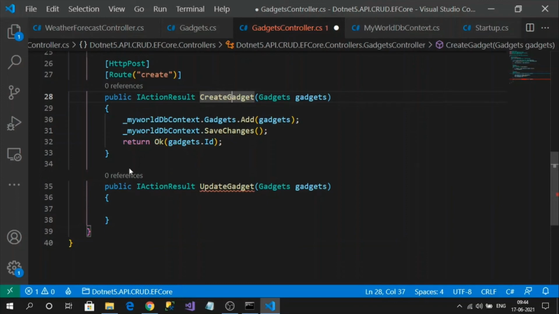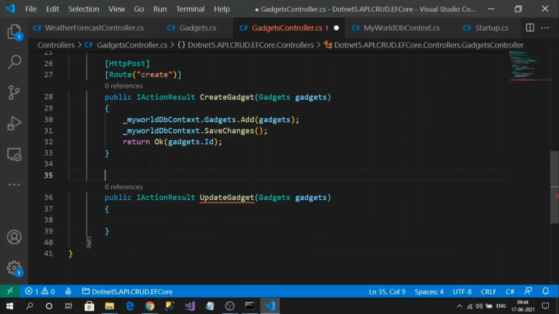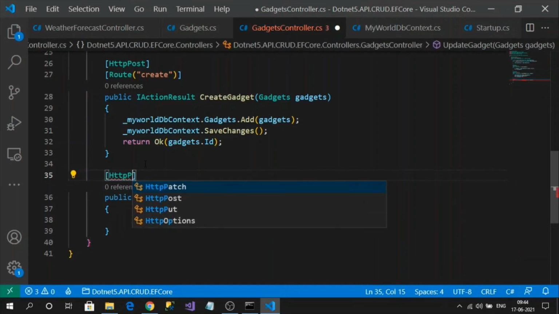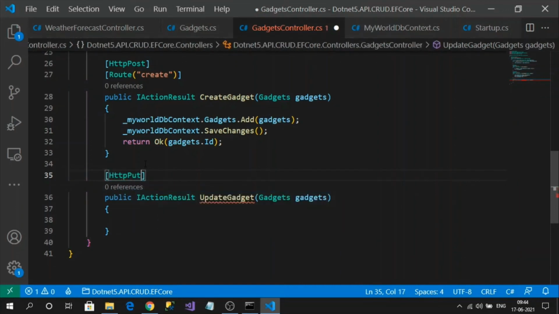And for an update, the most ideal HTTP protocol type is HttpPut. It is the most recommended protocol to define on the update action method. If you want, you can use POST as well. That is not at all wrong. But there is a specific protocol type that has been given, so we can use that. If you want, you can also use POST for update. Please keep that in mind.